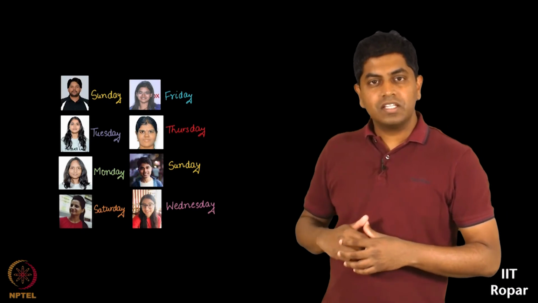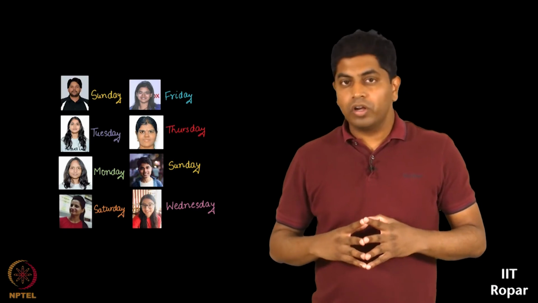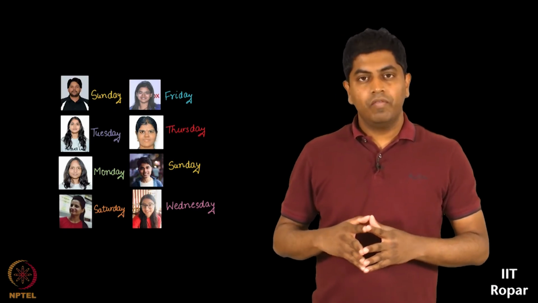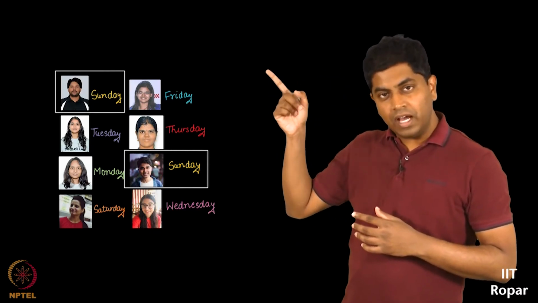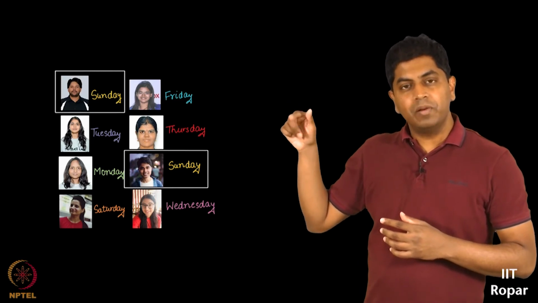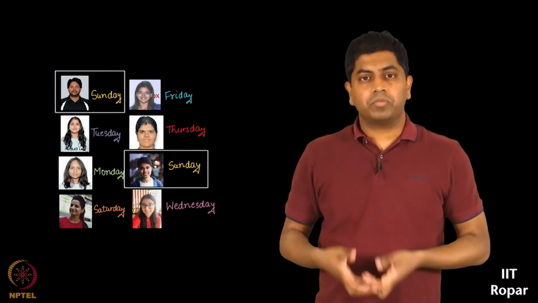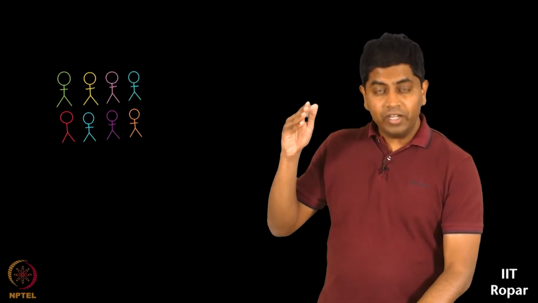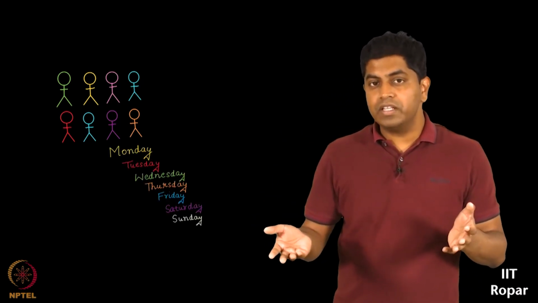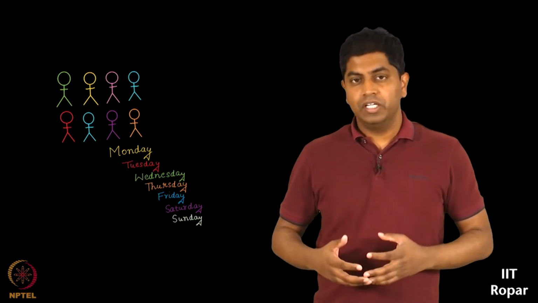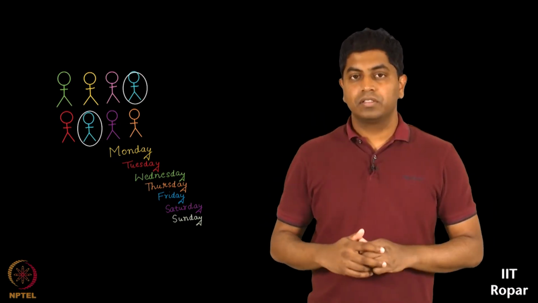They all will give their answers, but one thing is for sure, that 2 people here would be born on the same day. When I asked them, I noticed that this was the answer, and you see that there are 2 people born on the same day, as you can see. This is like stating the obvious. You take 8 people and you ask them, what is your day of birth? A person can be born in one of these 7 days. When you take 8 people, definitely, for sure, you will find 2 people with the same day of birth.